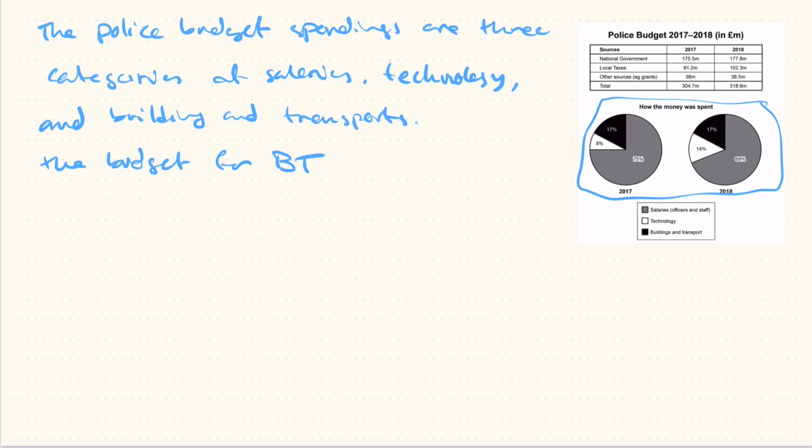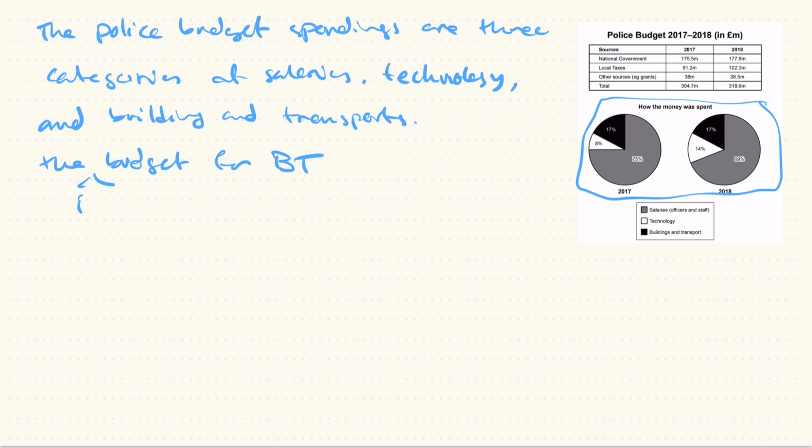The budget for B&T, or the portion of the budget, if you want to be more specific. So the portion of the budget for building and transport remained the same, and again from 2017 to 2018,